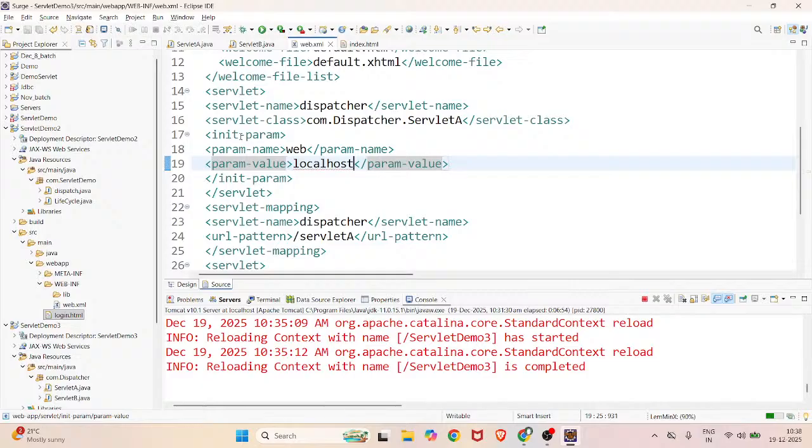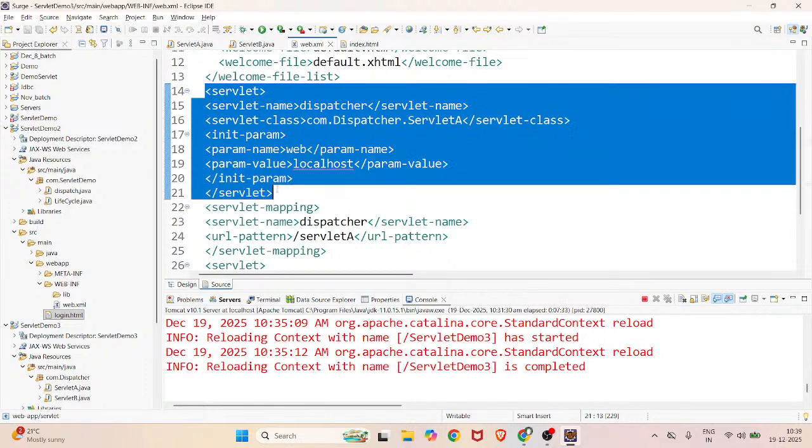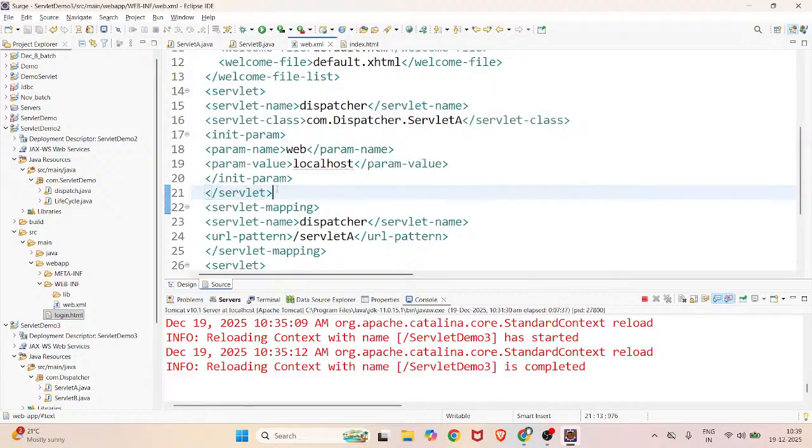Suppose I have servlet A and servlet B. If you try to access this web in servlet B, you can't get it. Inside servlet B, you can't get it. Why? Because servlet configuration is scoped only to that servlet. Outside the servlet you can't use it. For that you can use the servlet context. First we'll see the servlet configuration. These are the initial parameter values. You can set those initial parameter values